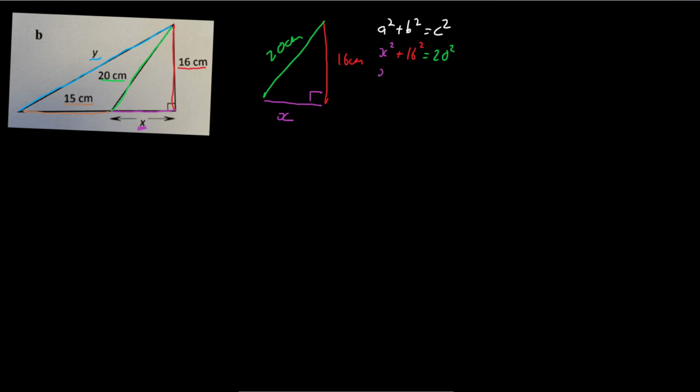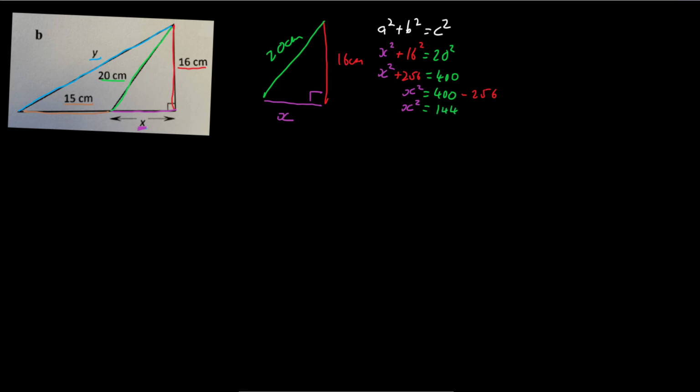So on our next line of work, I can write x squared plus 16 squared, what's that, 256. And in green, we'll have 400. Oh, let me make that a bit clearer. There we go, looking better. Alrighty, so let's rearrange this to get the x by itself. So 400 and that 256, we want to take that away from both sides. And then we'll be left with just x squared on one side. So this will be x squared equals, and 400 minus 256, that's just